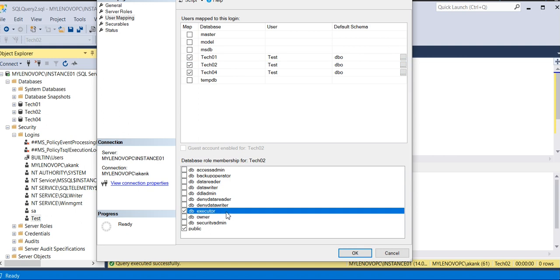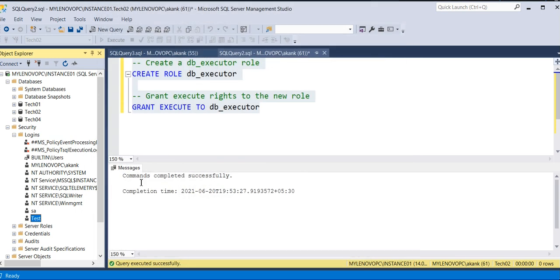You just need to check this box, DB executor, because you have just created a DB executor, and that DB executor is a role which can help to execute the stored procedure, and just click on OK. Once you click on OK, the user test can now execute stored procedures on database tech02. So this is the way to create a database role for granting stored procedure execution.